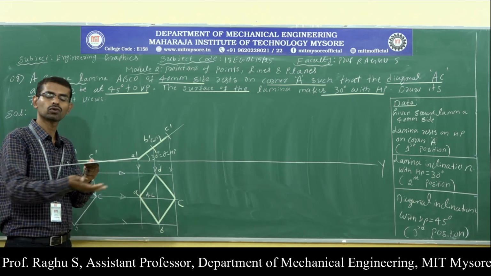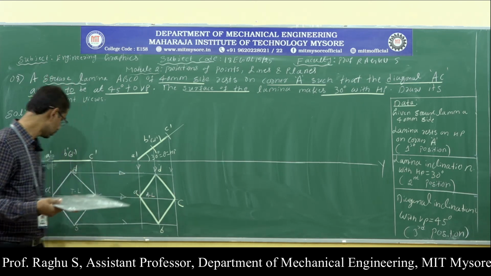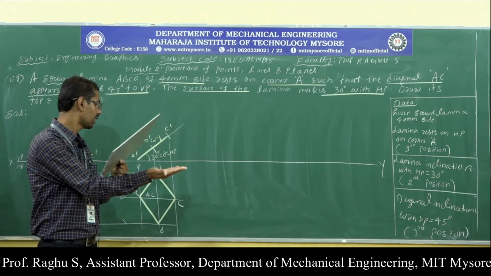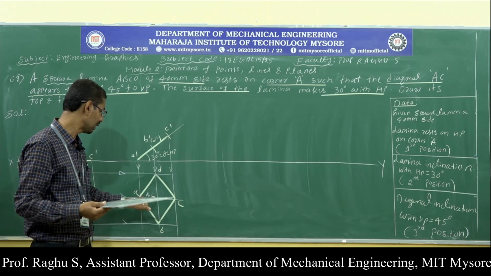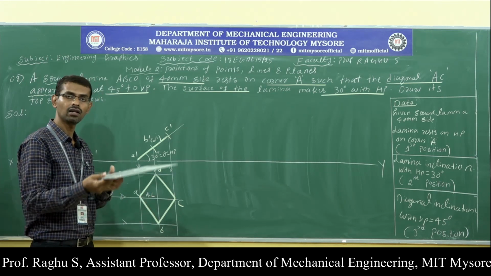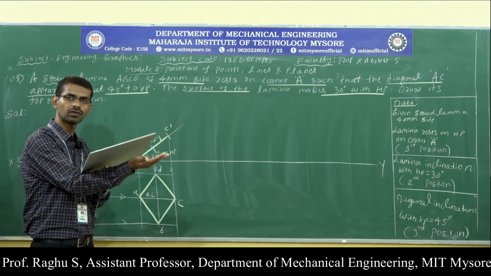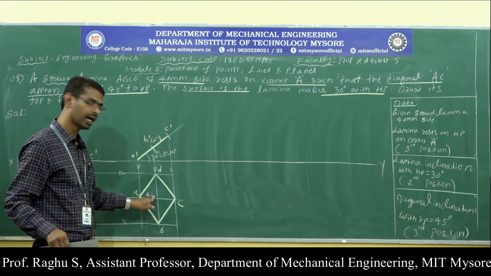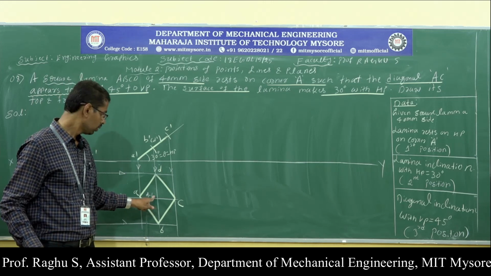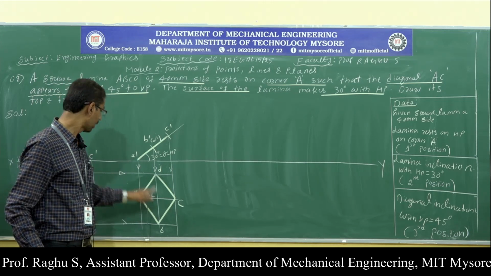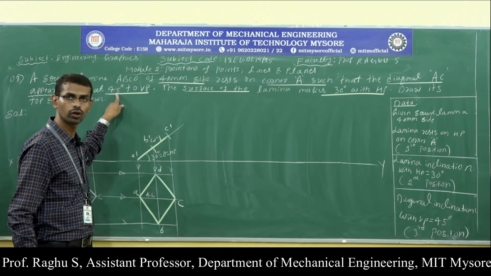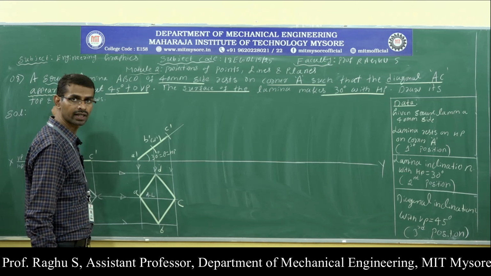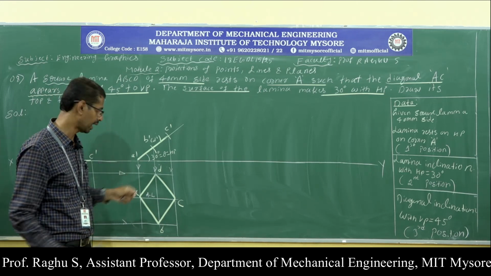When the square lamina is parallel to HP, this is the true length of the diagonal. Now when the diagonal is inclined 30 degrees with respect to HP, this is the apparent length. The length of the diagonal gets changed. Now, apparent inclination is given. If the problem contains the word appears, you need not find the beta angle.